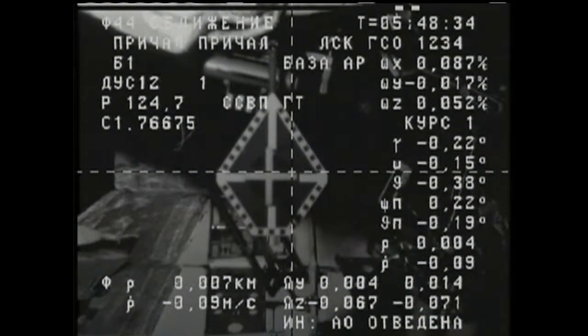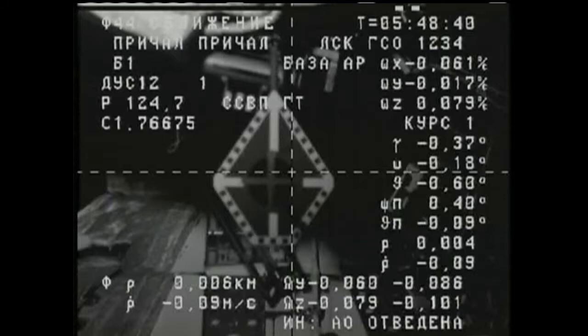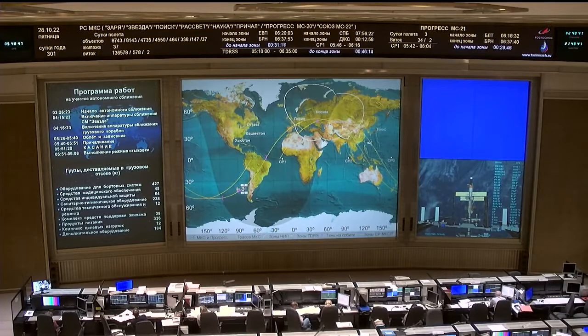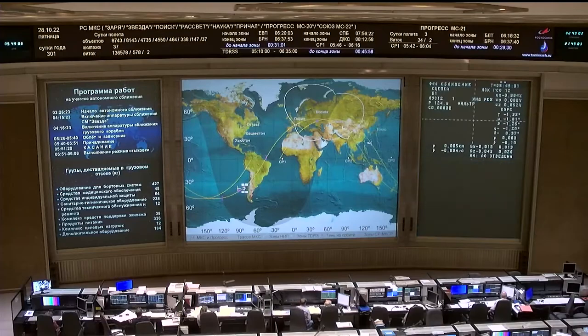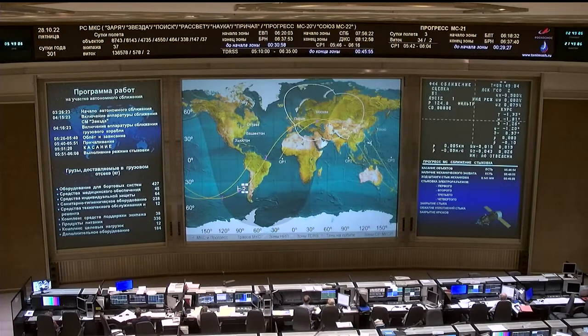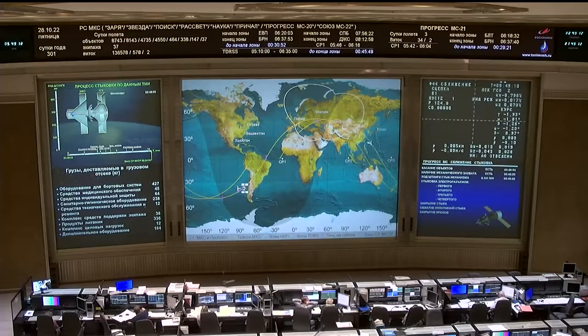We are standing by for contact. The target is a little bit off to the left. And we're currently in a brief period between satellites right now as docking continues. We're still waiting for that confirmation of contact and capture. Contact and capture confirmed. Поздравляю вас. Copy. And congratulations, guys, with such a successful...